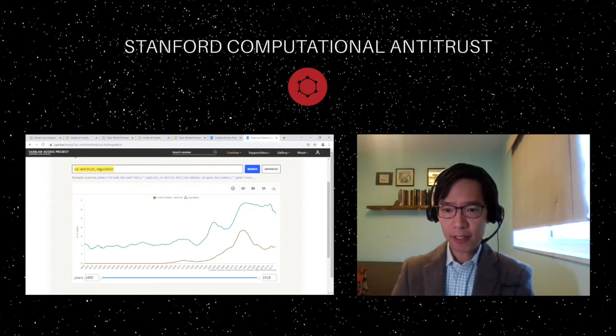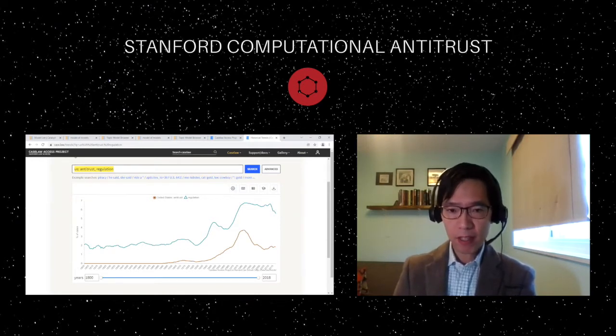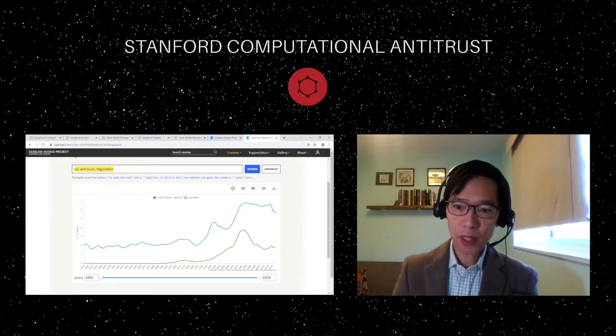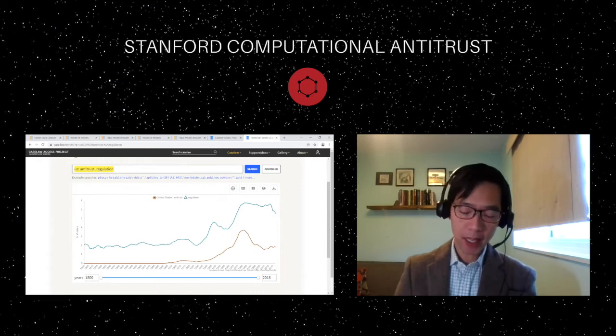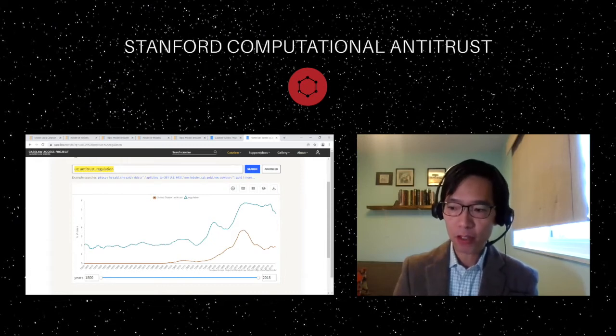What we've done is, through the Case Law Access Project, we extracted 35,000 federal cases with the word antitrust in it. So that's a pretty large corpus. And then the research question that I began with was, how do federal courts balance antitrust and regulation? Because that's what a lot of my prior work was on. So then we downloaded a second corpus of legal texts from the Case Law Access Project, every federal case with the word regulation in it. And that's 306,000 cases. So it's this huge corpus. And later I'll talk about how we filtered down those corpora to more manageable corpora.